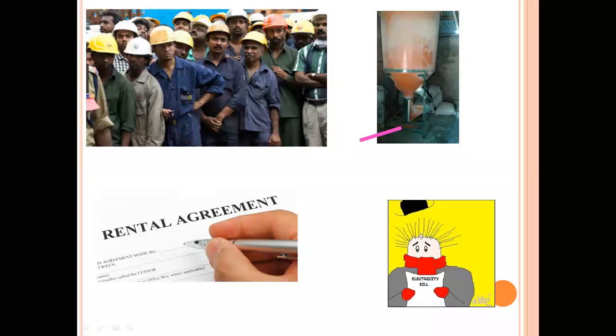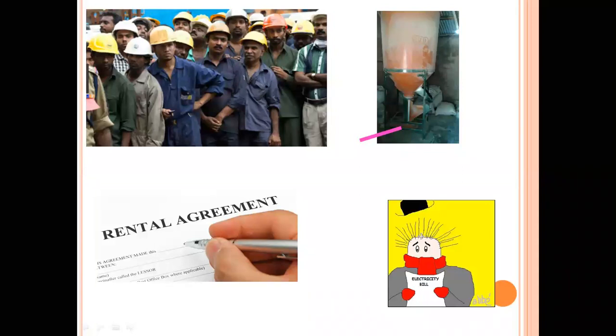Explicit cost, of course. Next, third, rental agreement. Will you be making your rental agreement for your own land with yourself? Will you be making that? No. So rental agreement will be explicit cost, because you are paying rent to outsiders. Very good, Siddharth, it is explicit because you are making the rental agreement. In that case, you are going to pay the rent to an outsider, and when you pay rent to an outsider, that is of course the explicit cost.